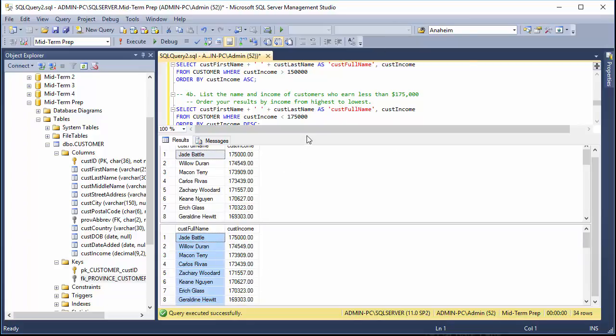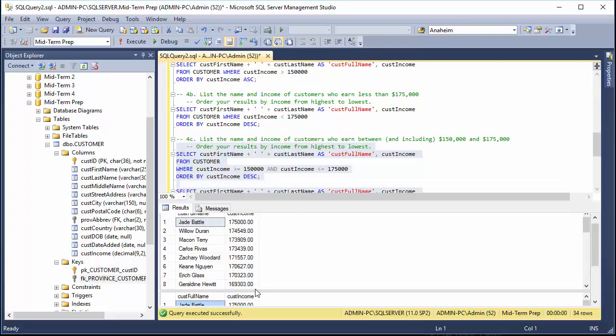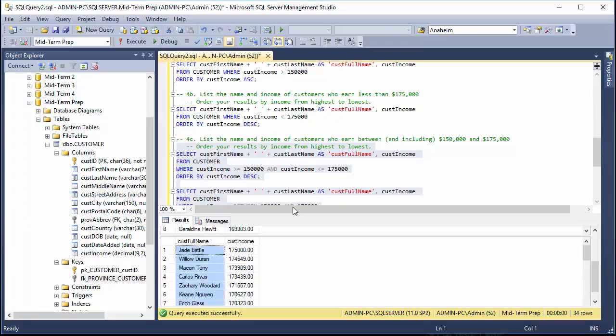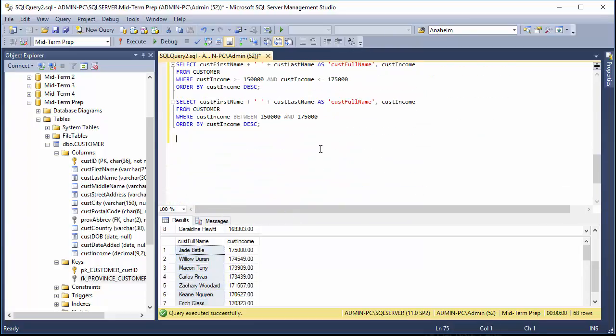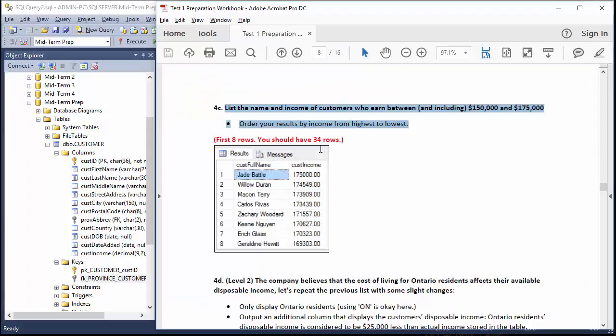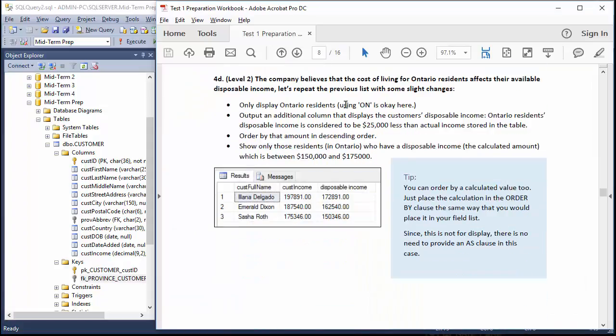Okay, so let's move that down and out of the way because we're going to need it later. And let's look at 4D. Now 4D is a bit of a challenge. Slight bit of a challenge. All right, now we're looking at this: the company has this thing to only contact Ontario residents who have available income. And so we're saying that the cost of living for Ontario residents is a little higher than other provinces. Therefore, we have to deduct that higher amount from their income to make them fit into this 150,000 to 175,000